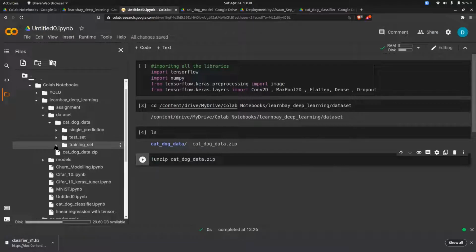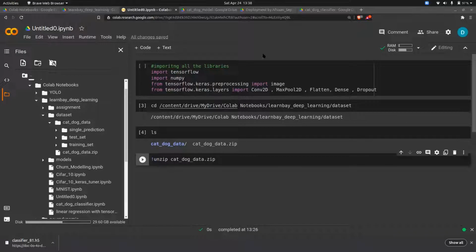Let me explain what type of data folder structure you have to maintain. This is applicable for all classification problems. Can you see what I'm writing on the screen with the red pen? The folder structure you have to maintain is: a parent folder, say image, and inside this you have to maintain 2 folders, one is test and one is train.